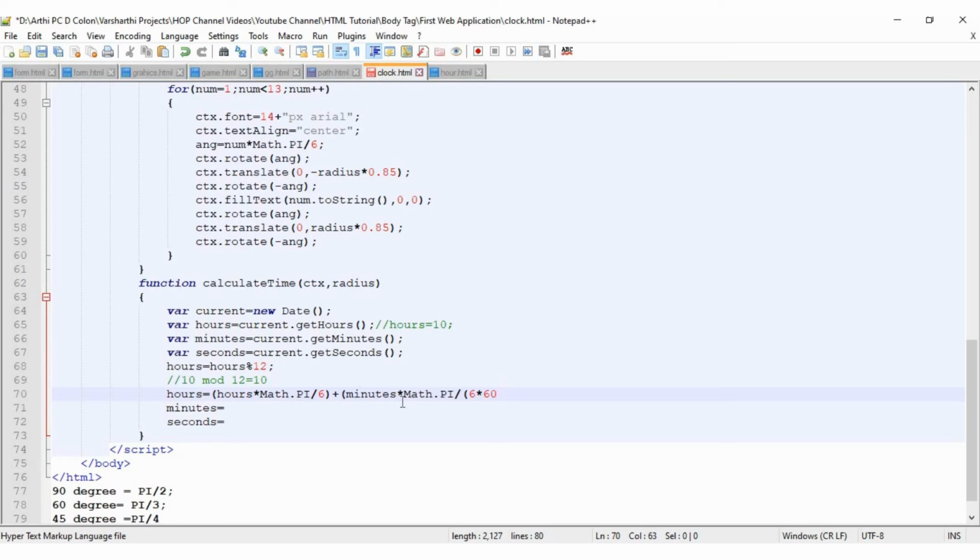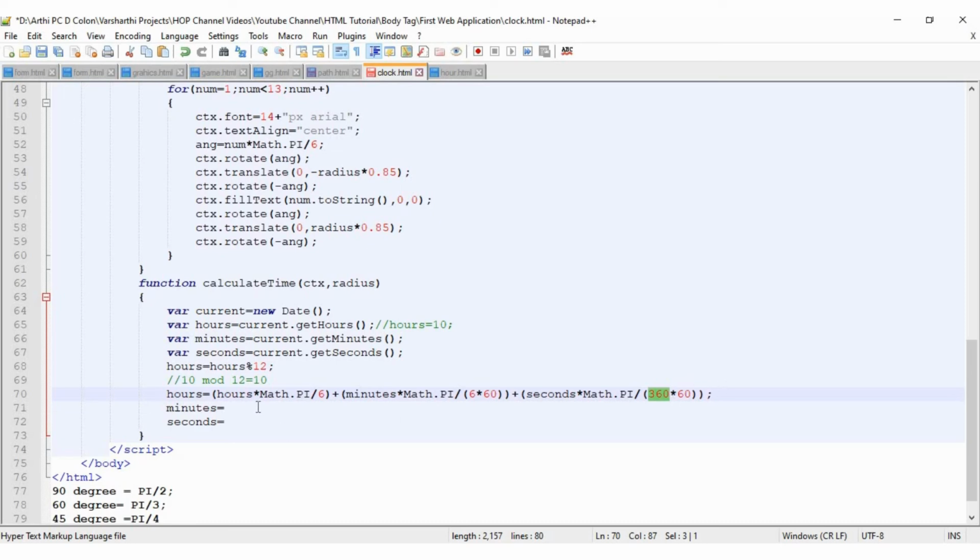After that, seconds into pi value divided by 360 into 60. For seconds we have used 360 because we are going to rotate the seconds hand forever, so we have provided the value 360.